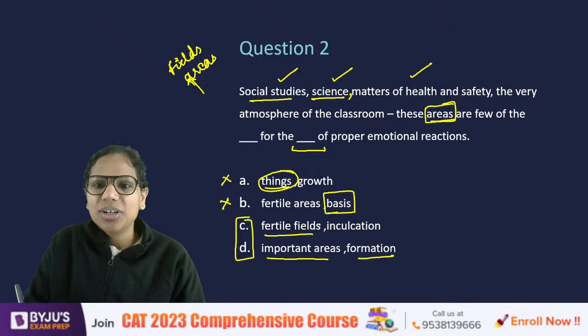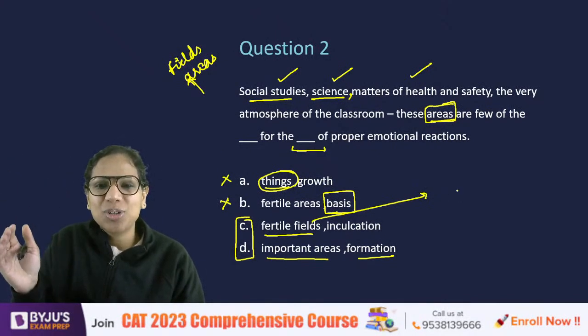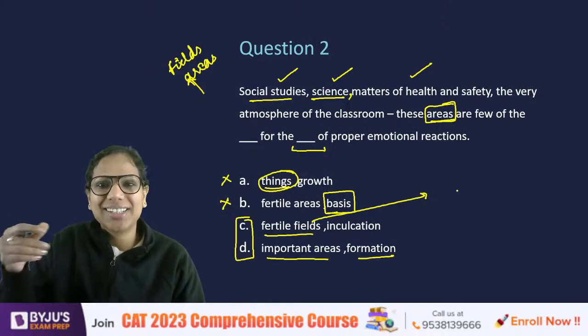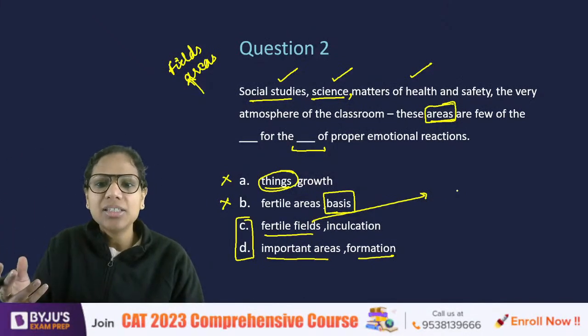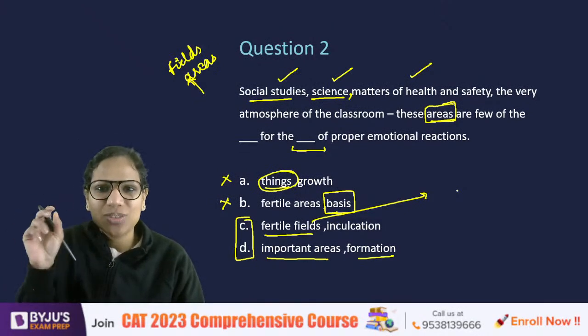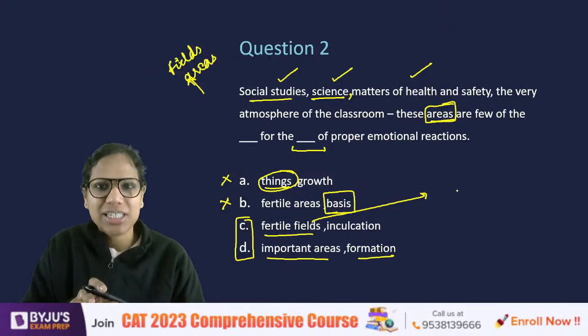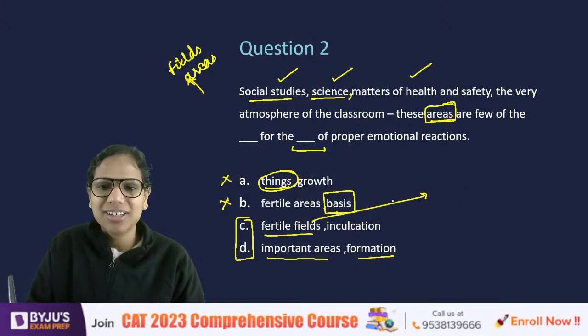Fertile fields, the moment I read it, the picture of a field came into my mind, a green field that is fertile and that has crops growing on it. I understand that we can talk about it metaphorically also. But the moment you hear fertile fields, it gives you the impression of those green fields on which crops are grown. Moreover, that was not my only basis. We are not going by conjectures here.